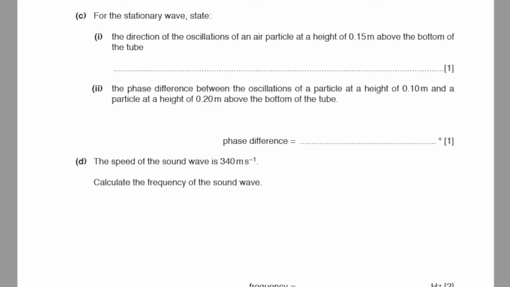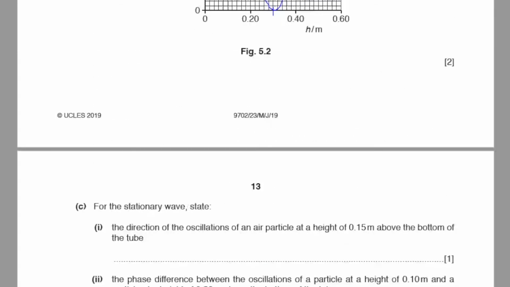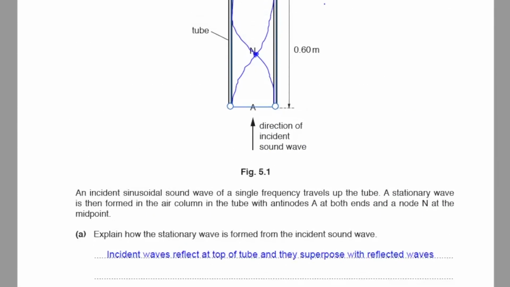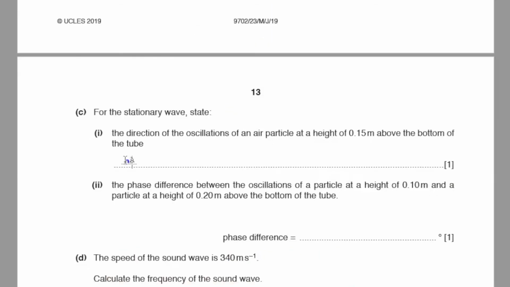Part C, for the stationary wave state the direction of the oscillations of an air particle at a height of 0.15 meters above the bottom of the tube. So at height 0.15 meters, it must be somewhere here. It's going to be along the tube. Part 2, the phase difference between the oscillations of a particle at a height of 0.1 meters and a particle at a height of 0.20 meters above the bottom of the tube. So there will be no phase difference between both these points. It's going to be 0 degrees,